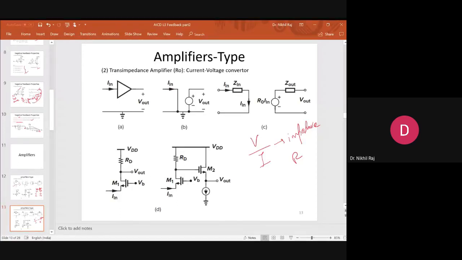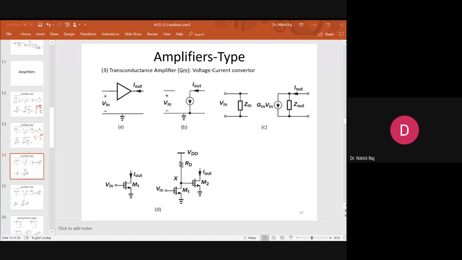We have taken one example, and there we saw the output by input ratio giving the trans impedance representation. In a trans impedance or voltage amplifier there can be any number of transistors. The only thing you have to check is what is the main output generated, either voltage or current, and what was the main input given, input voltage or input current. The ratio of that will decide the nature of the amplifier. We will not go node by node.